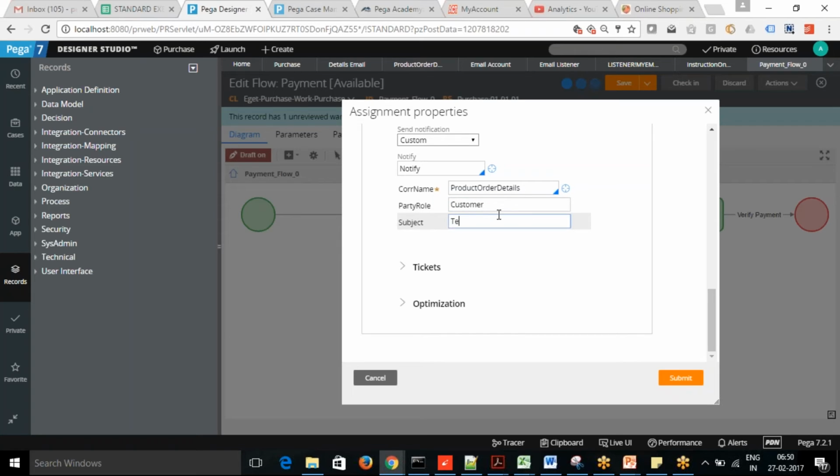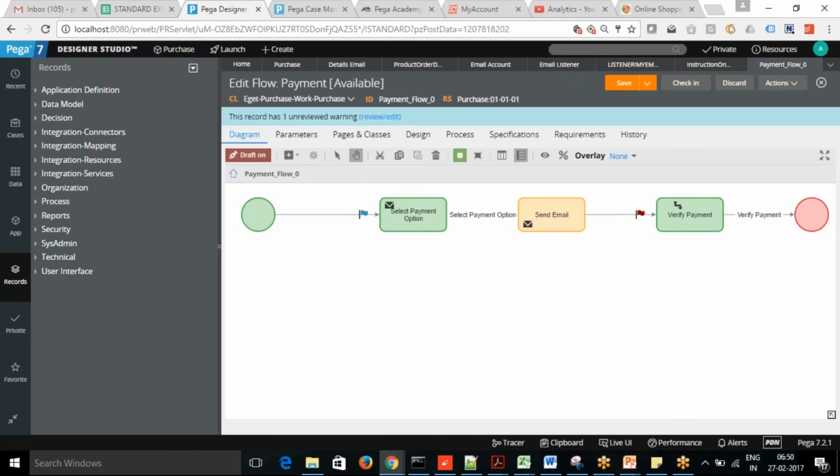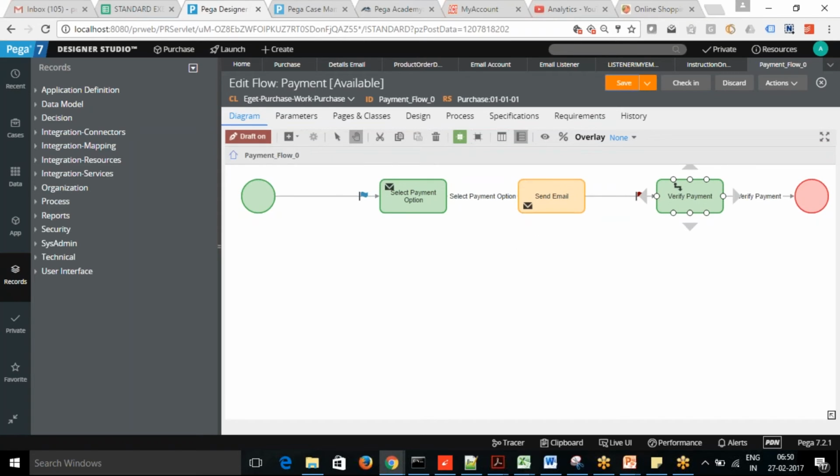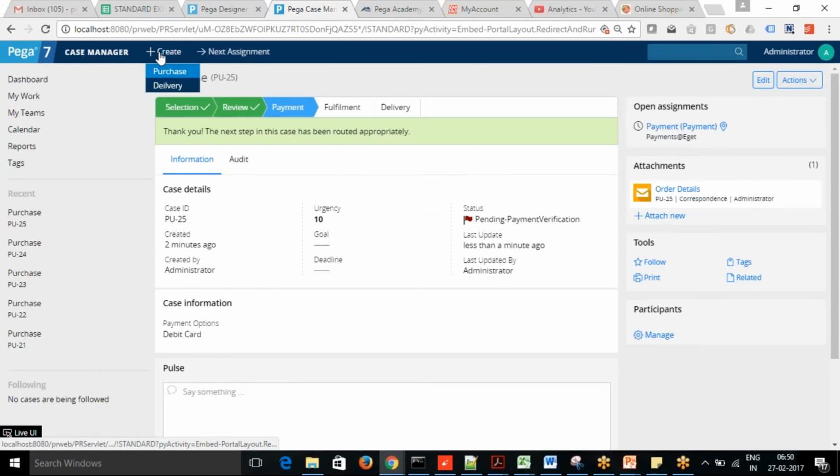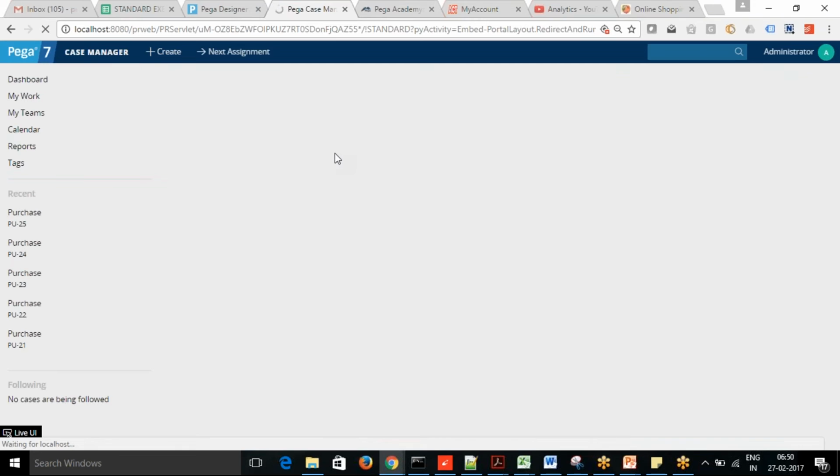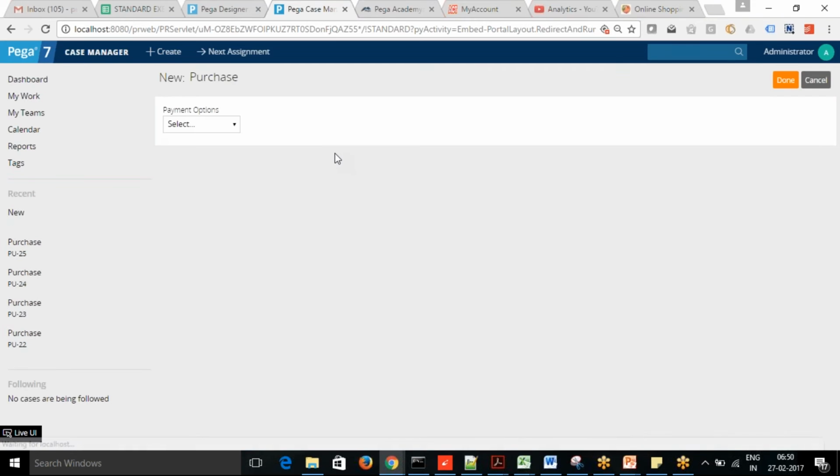So this way also we can do that. So the customer is not set, so it will not run properly, a correspondence problem will come. Otherwise we need to set up the correspondence and the customer work parties first. So if it reaches that step, it will send that one from there.